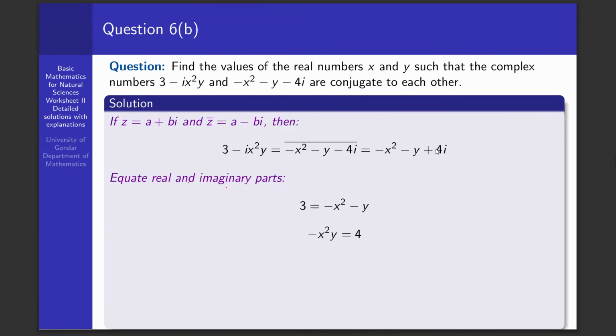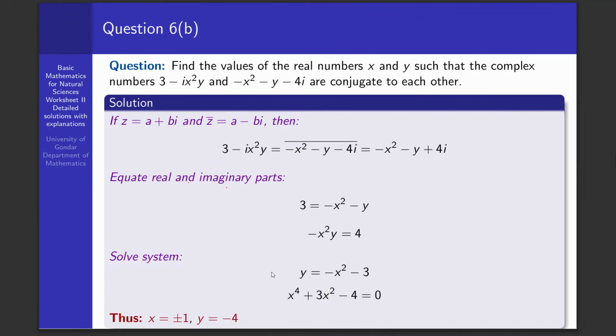If we equate these expressions, we have 3 is equal to minus x squared minus y, and the imaginary part, minus x squared y, is equal to 4. Then if we simultaneously solve these, we have y is equal to minus x squared minus 3, and rewriting the other equation another way,